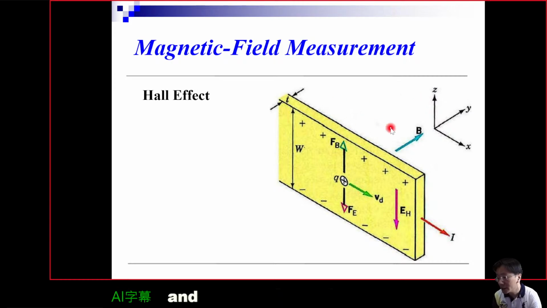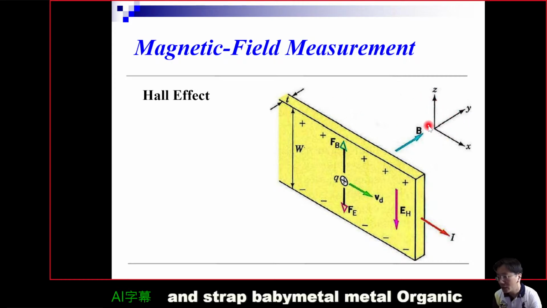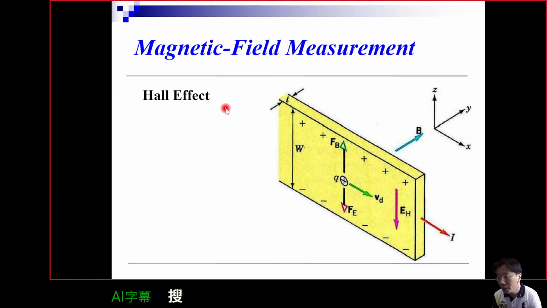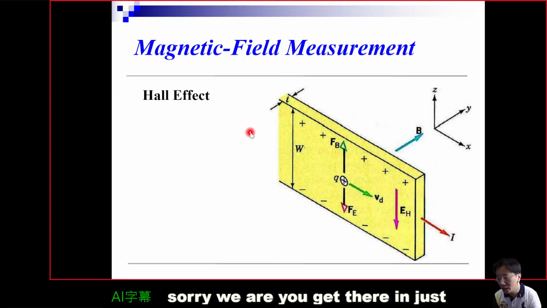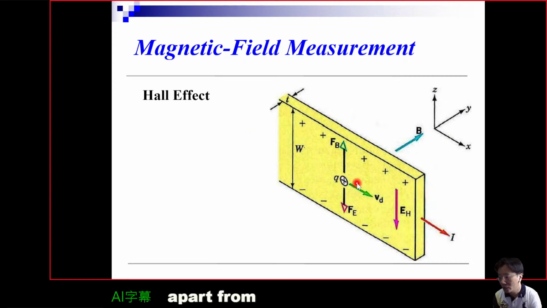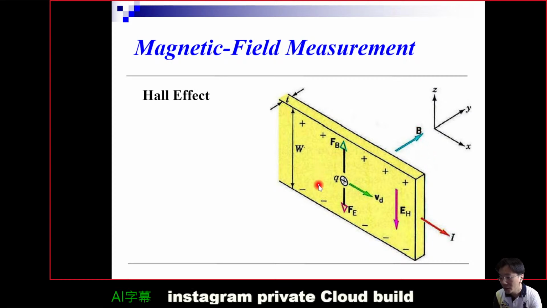For example, here is a coordinate system x, y, and z. If we inject the current along the x-axis, from left to right, and have a cross field, a magnetic field passing through this plane,